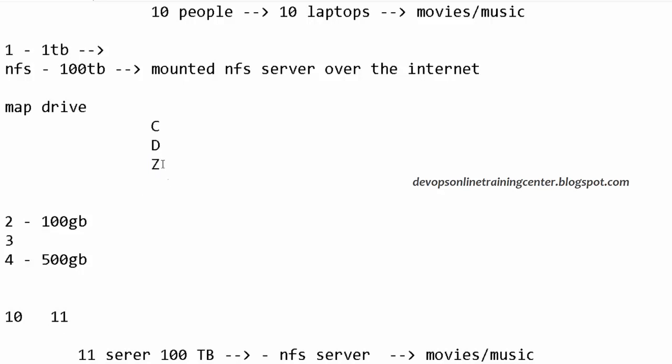From C drive we can copy to Z drive, and from Z drive we can copy to C drive. So basically we are downloading and uploading files to the centralized server. This is called the NFS server. Is this clear?